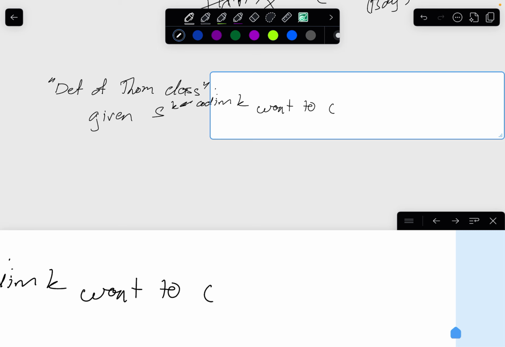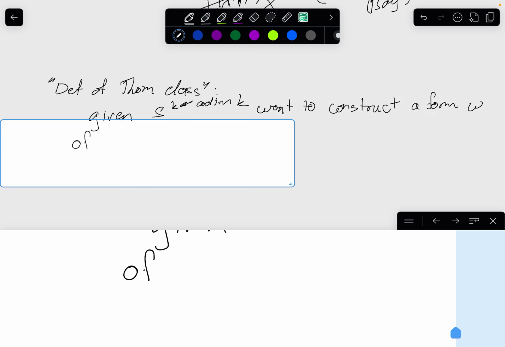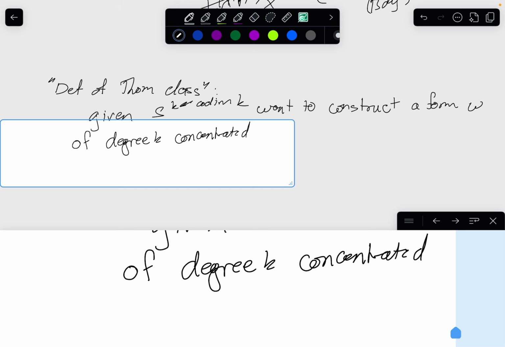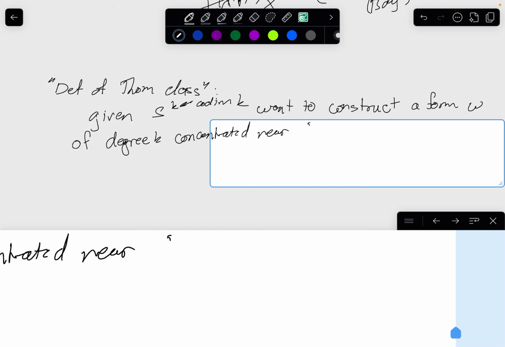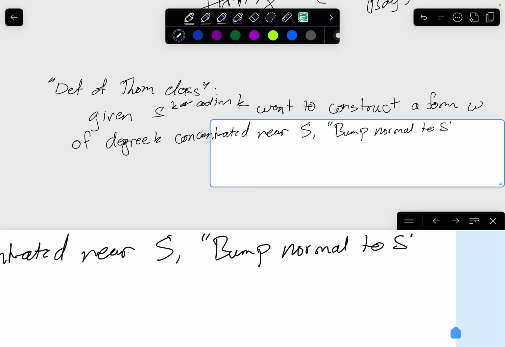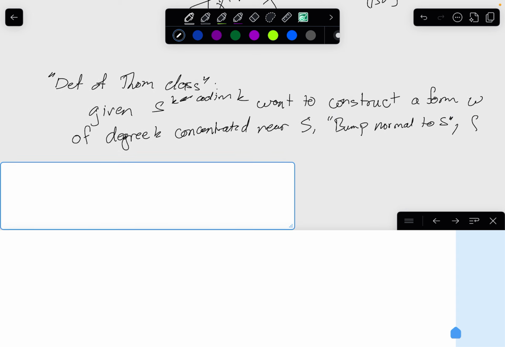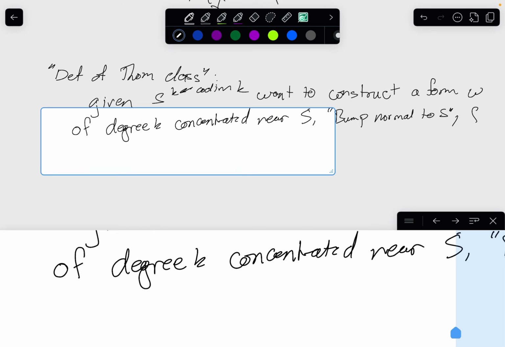We want to construct a form omega of degree K, concentrated near S, a bump normal to S, which integrates, okay, the integral of omega in the normal direction